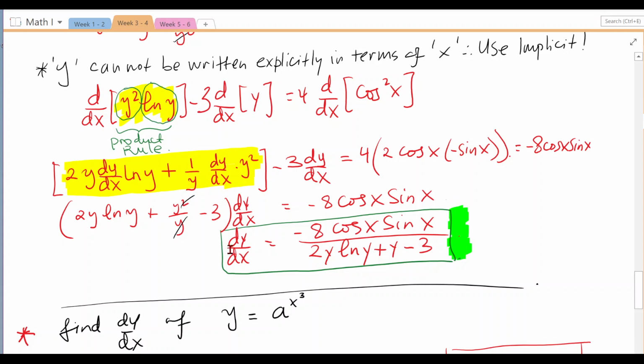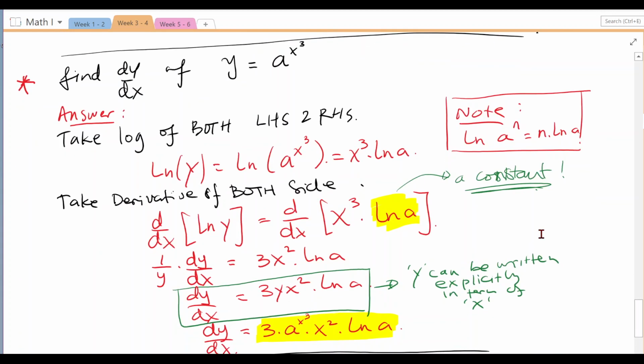So we have the first derivative dy/dx, which is simply moving all the terms here to the bottom. It becomes 2y ln y plus y, minus 3, as the final answer, or the first derivative of the problem. Next,